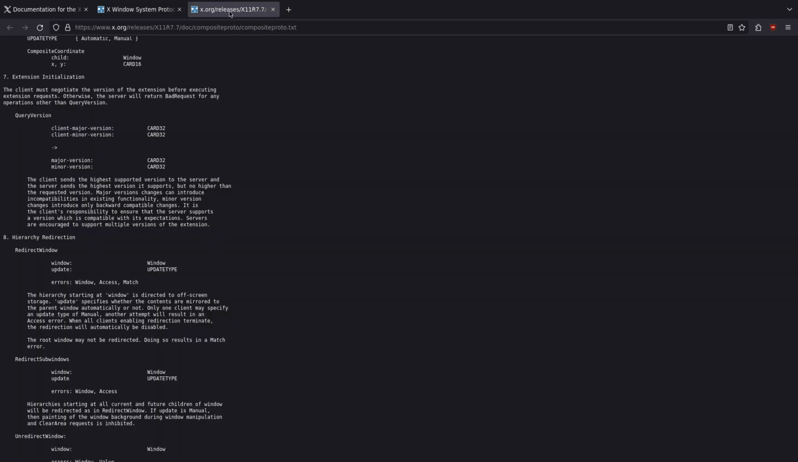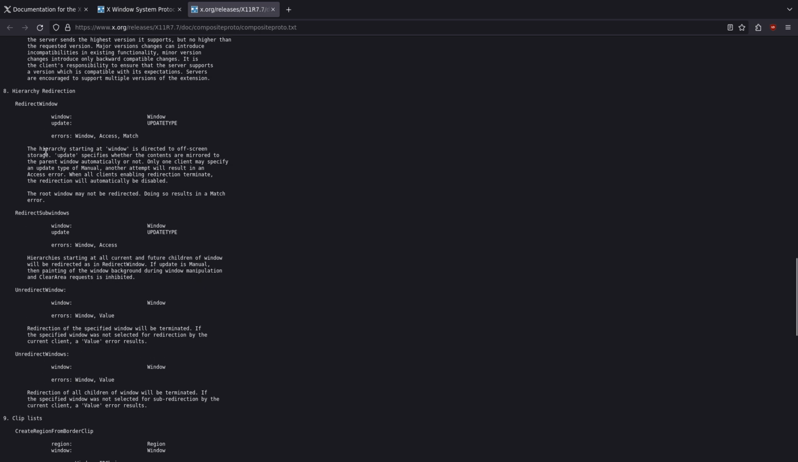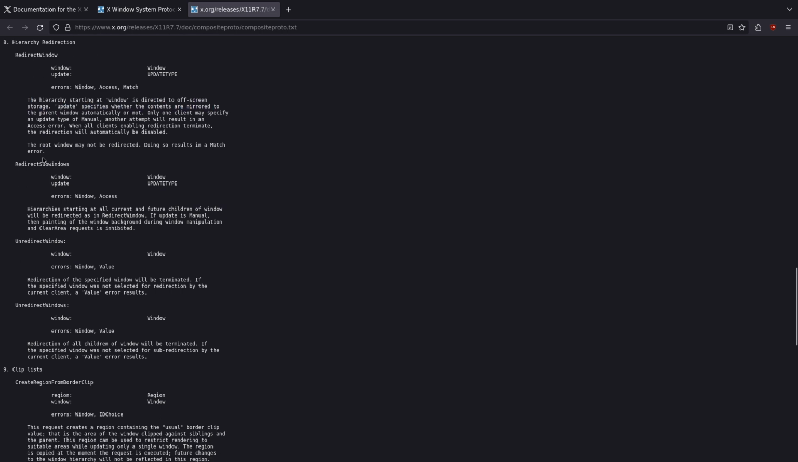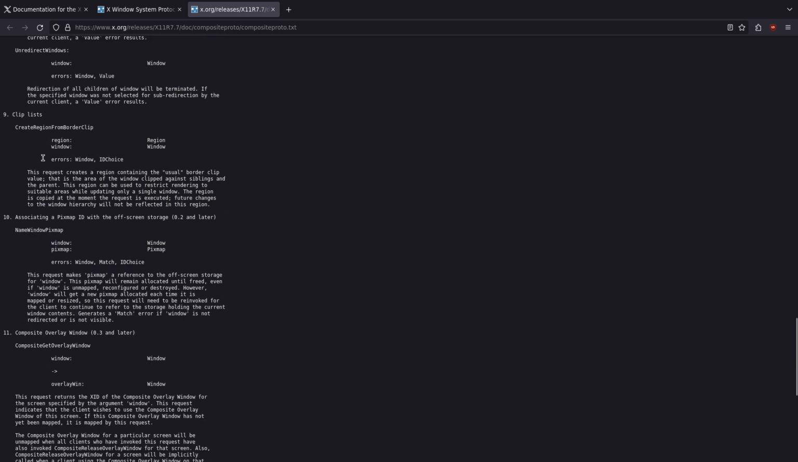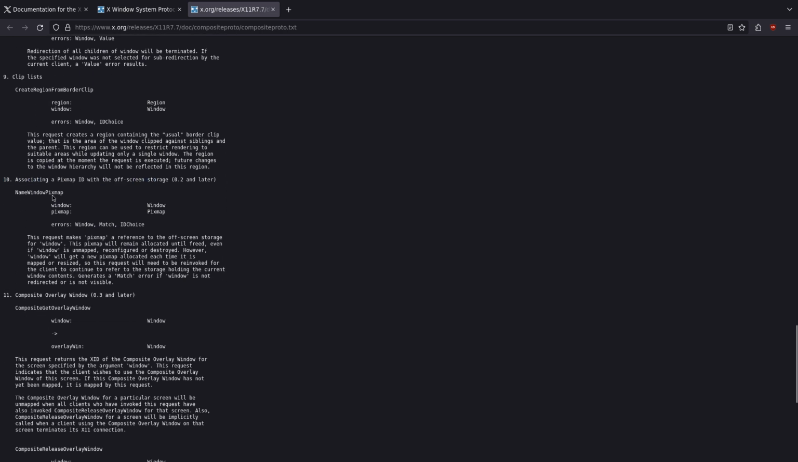Okay. Redirect window. It's directed to off-screen storage. Interesting. Redirect sub-windows. Associating a pixmap ID with the off-screen storage. Window pixmap. This request makes pixmap a reference to the off-screen storage for window. This pixmap will remain allocated until freed, even if window is unmapped, reconfigured or destroyed. You'll get a new pixmap allocated each time it is mapped or resized. So this will need to be re-invoked for the client to continue to refer to the storage holding the current window contents. Okay, so